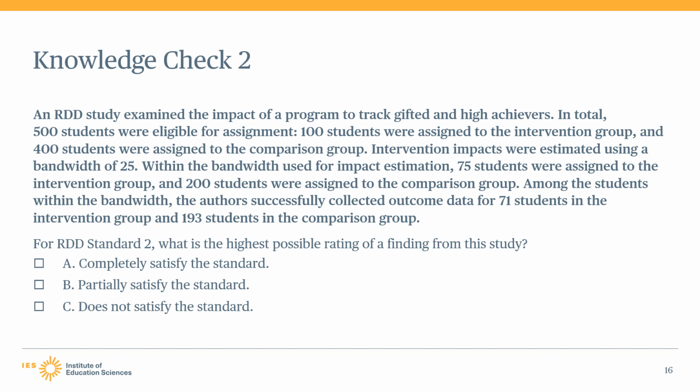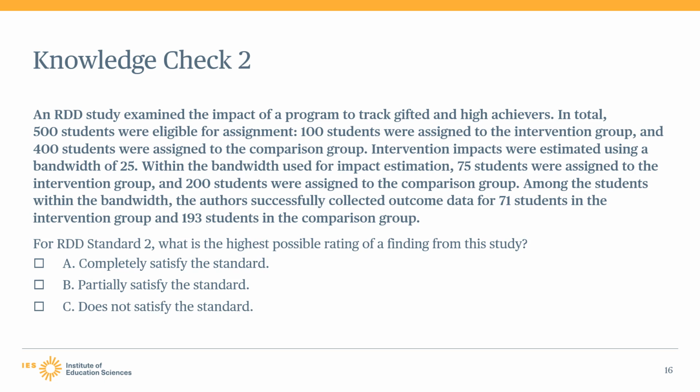Within the bandwidth used for impact estimation, there were 75 students assigned to the intervention condition and 200 to the comparison condition. Of those students within the bandwidth, the authors successfully collected outcome data for 71 intervention participants and 193